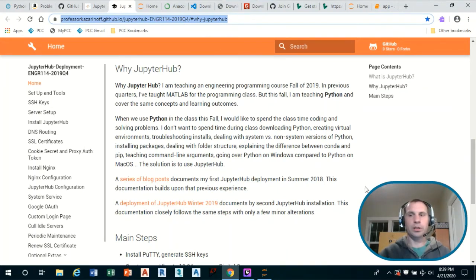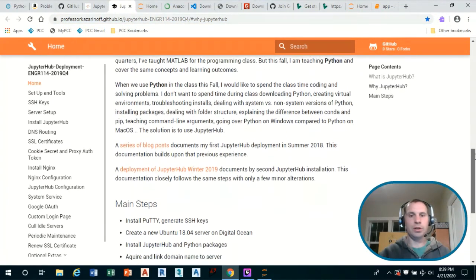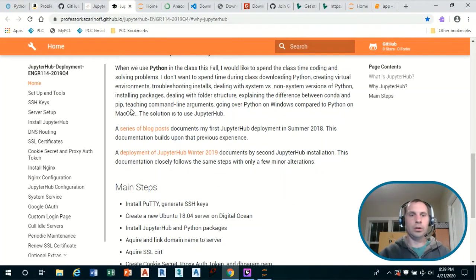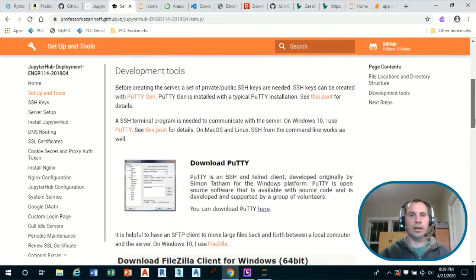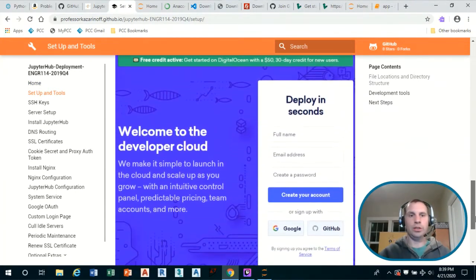And what we're going to go over today is just generally what the main steps are, and then we'll also talk about the setup and the tools that we need in place.